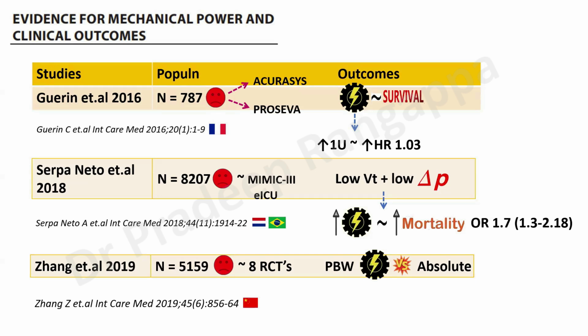And Zhang et al. looked at 5,159 patients from 8 randomized control trials. Here they gave emphasis on looking at mechanical power per body weight. I said a mechanical power of 17 joules per minute or less should be there. In Zhang et al., they looked at per kg. Per kg, you can keep a figure of 0.32 joules per minute per kg. So that is the sort of figure they are at, 0.32 joules per kg. They said predicted body weight based mechanical power versus absolute was found to be superior and they found it